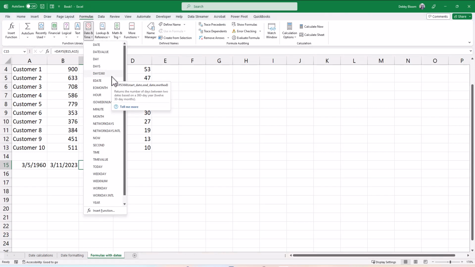For those of you who want to count on a 360-day basis, you would just use the days 360 in the exact same way. Put in the start date and the end date, and it would give you the days on a 360-day year, 30-day basis. So there's end of month, there's month, year, day, so you can extract those out of dates. There are a lot of different functions that are available here, and one function that you might want to use